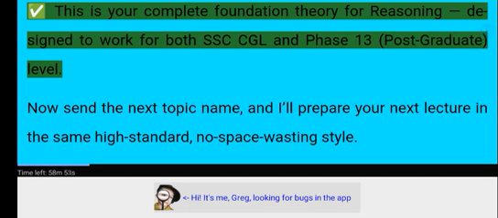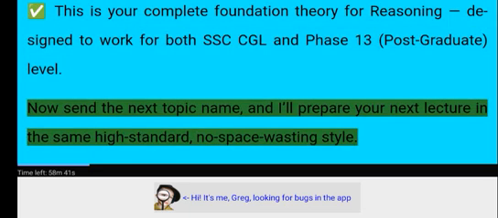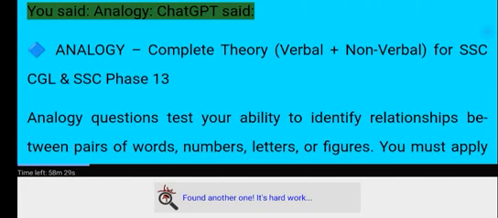This is your complete foundation theory for reasoning, designed to work for both SSC CGL and Phase 13 postgraduate level. Now send the next topic name, and I'll prepare your next lecture in the same high standard, no space wasting style. You said: analogy. ChatGPT said: